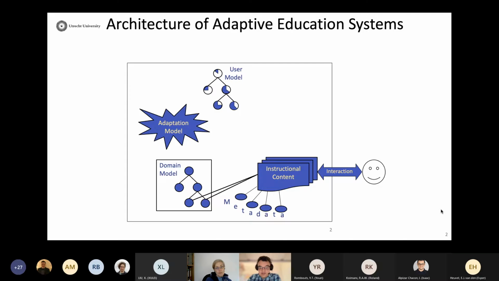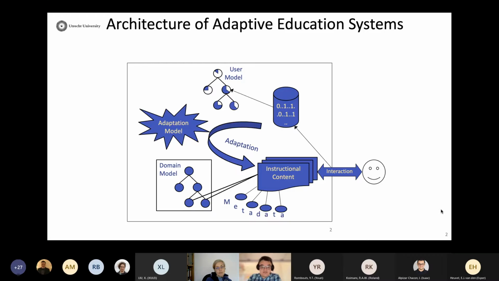Based on these links, whenever a student interacts with a piece of instructional content, the system can deduce that the student has not only successfully or unsuccessfully answered a particular exercise, but has provided evidence that he knows or doesn't know this particular knowledge component. This is how the user model is populated. Then all of this together completes the adaptation loop, because the user model is used by the adaptation model, which can now modify, adapt, and personalize the interaction between the user and the content that the system has.